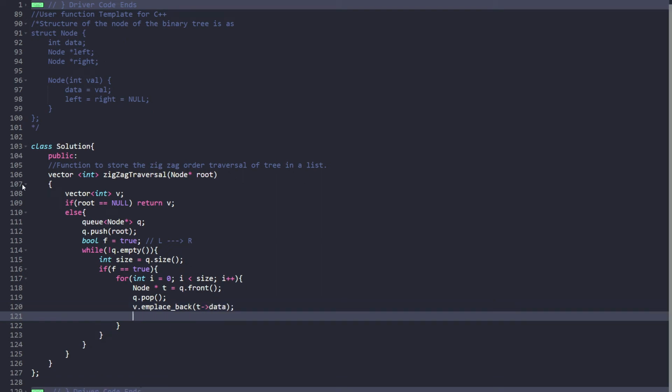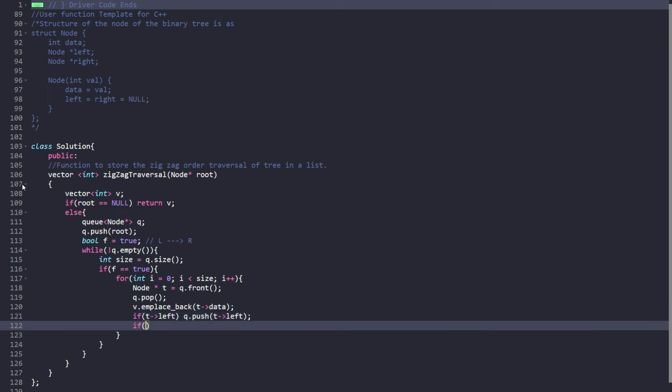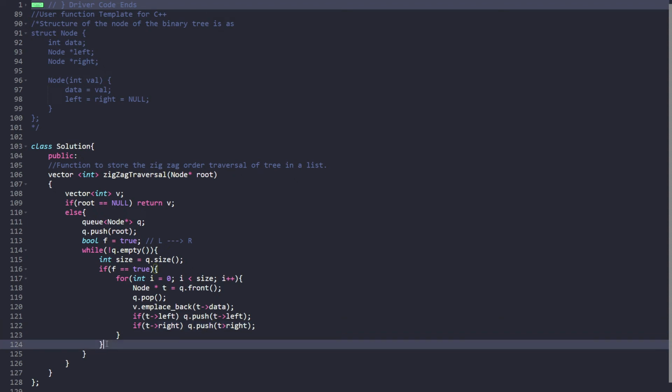Then I will check whether there is any element at the right or at the left. So if t's left is present, then we will insert t's left into the queue. Similarly, if t's right is present, then we will insert its right into the queue. Okay, this is for when we are going left to right. But what happens when we need to